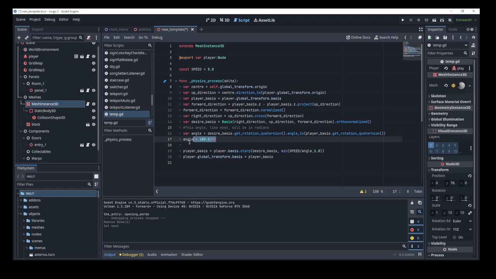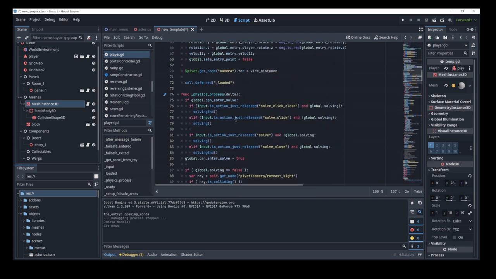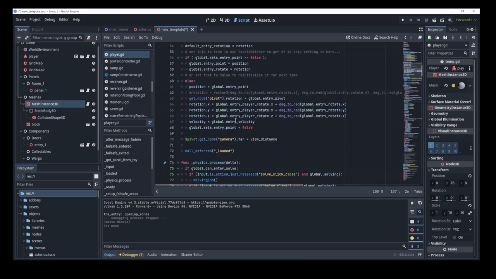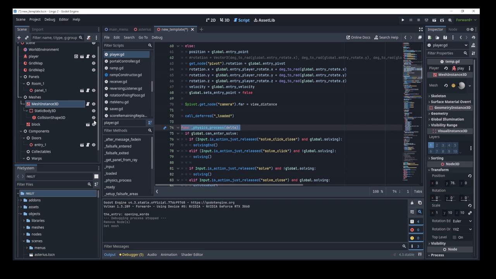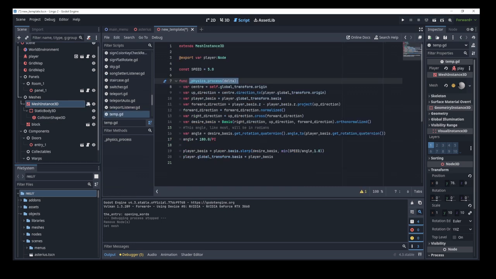Because I am transforming this to degrees, and because my speed is 5, this means that every physics frame, I put this in physics process to sync up with the player's physics process here, because all of the player movement happens in physics process. So every physics frame, it's going to try to move a maximum of 5 degrees towards the desired basis from the player's current basis. So I just find that spherical linear interpolation, and then I set it to my current